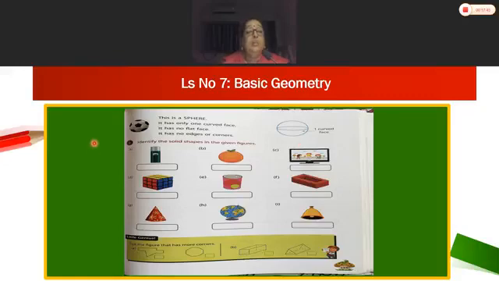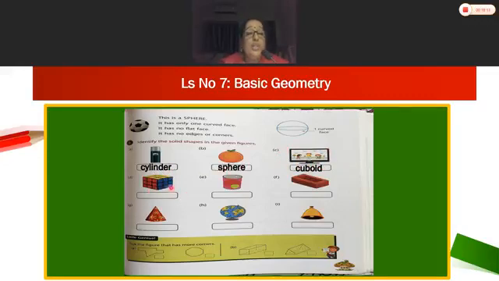Now identify the solid shapes in the given figures. Now children, tell me which is the first one. Cylinder. Yes. Very good. Second one, B. Sphere. Good. C. Tell me children what it is. Cuboid. Here what you see in the cuboid? It is a rectangular figure. Okay, it is a cuboid.